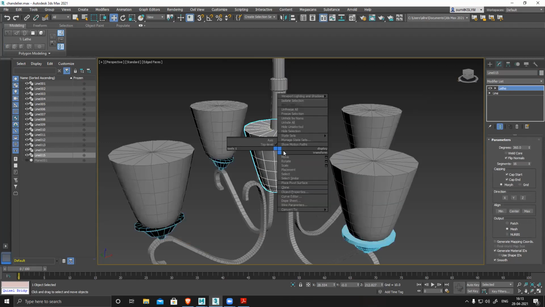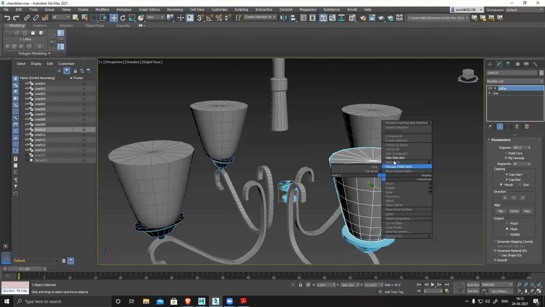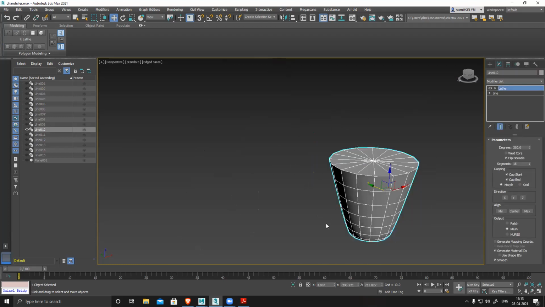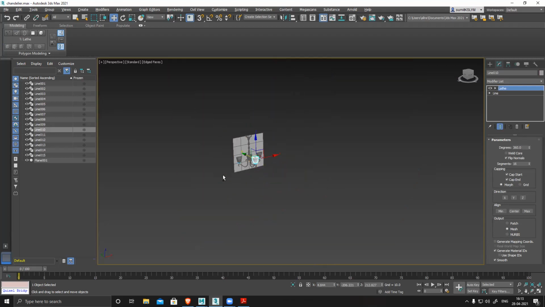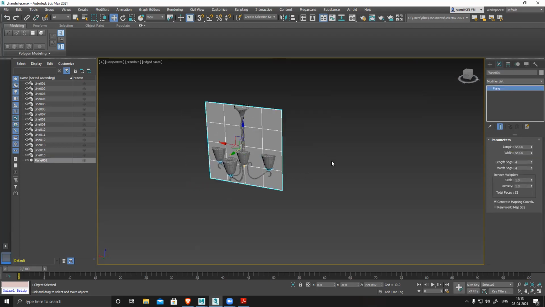Select it, right click, and now you see hide selection, hide unselected, unhide all, unhide by name. All these options are there. If I want to hide selected, I can hide selection. If I want to hide unselected, we'll keep this and hide everything else. Under right click, hide, unhide all. Like we can access it in the viewport also, right? On the left side, there is an eye icon.